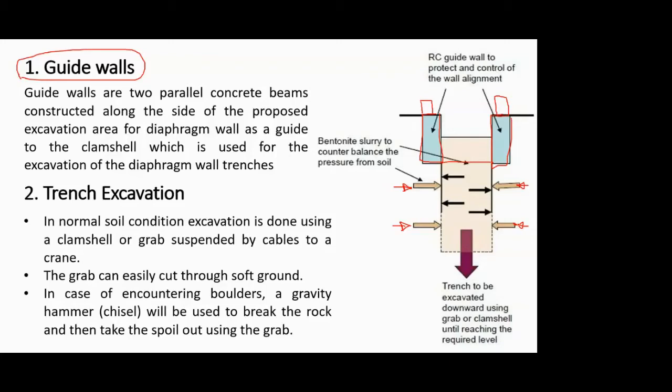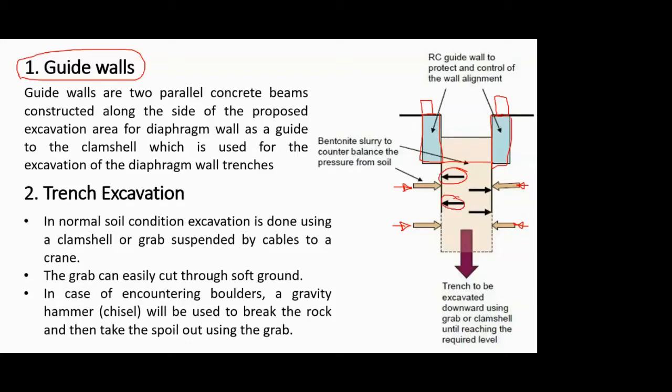So you had earth or backfill pressure, which was the active earth pressure, and then you also had a passive earth pressure, and the balancing of the pressure was done by this retaining wall. So the self weight of this retaining wall balanced this pressure. In a similar way, whenever you excavate something in soil, there is obviously a pressure from the side of the soil, and that has to be balanced. That is balanced by this bentonite slurry.